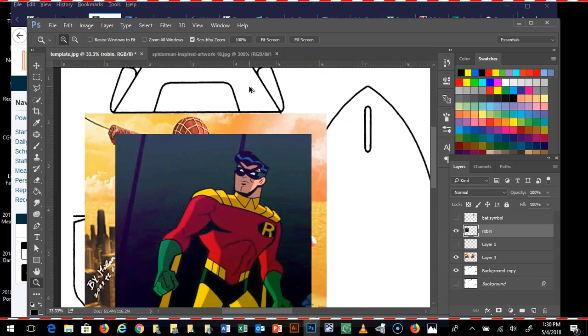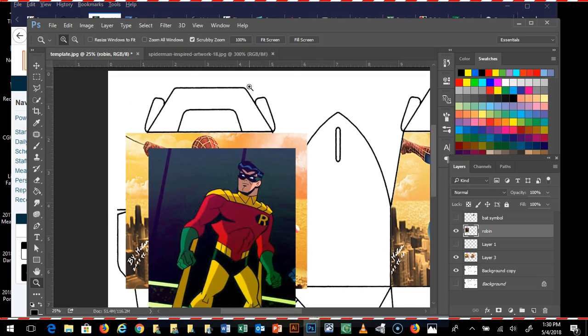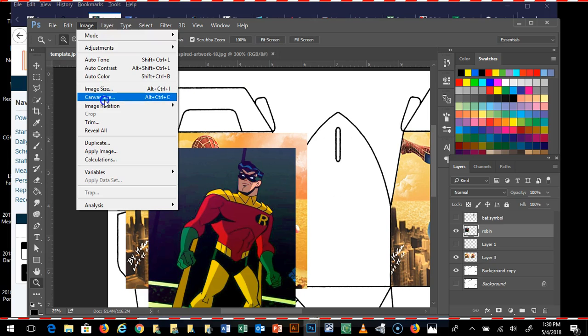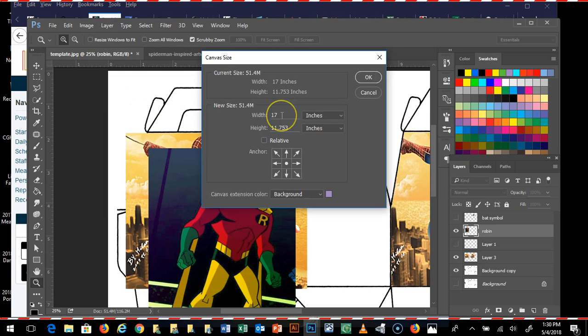Just kind of there for an example. Okay. And canvas size just refers to the actual dimensions of your file. So if you're working on a file and you want to actually make it bigger, you can go to canvas size, and so right now it's set like almost 11 by 17. Let's change the width to 20 and the height to, I don't know, 13,